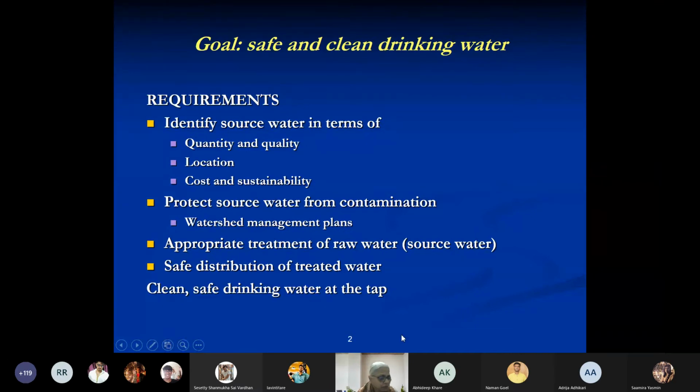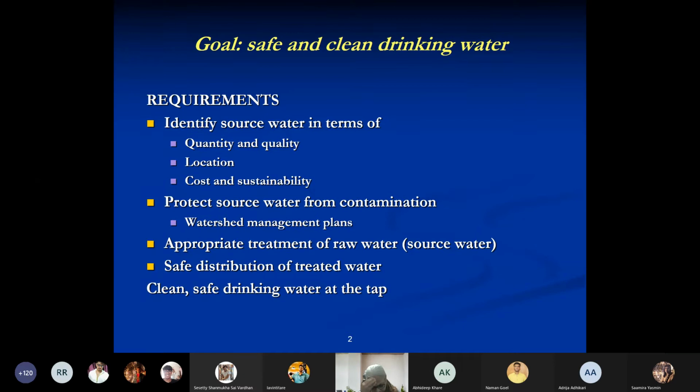And finally, we come to safe distribution. Now, let us say I do everything correctly. I've taken care of the first three points. Then I am storing this treated water and distributing it to the service area. We call the area that we are providing this water to the service area. So this water is then distributed to the service area through pipes,